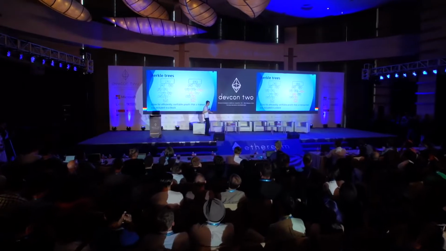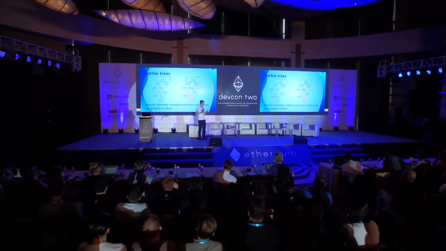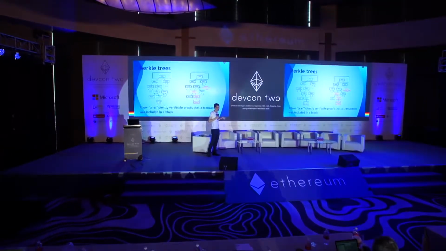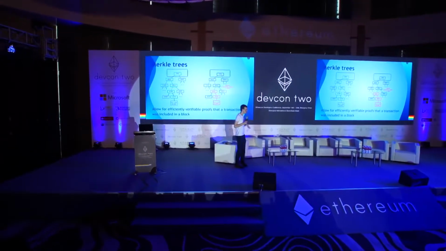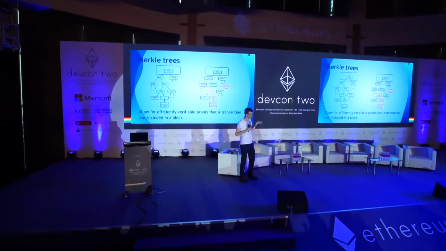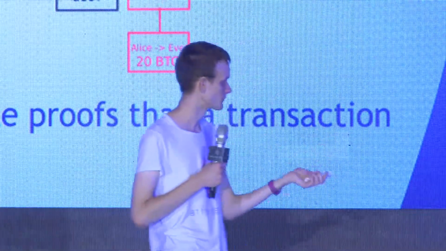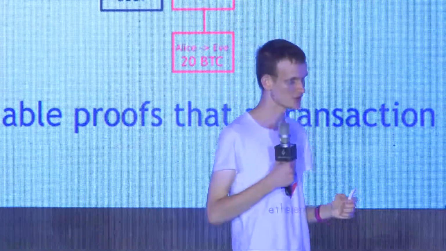So the blockchain itself right now is 3 gigabytes. The state size is somewhere between 5 and 20 gigabytes, depending on which client options you use. So it gets pretty big for a phone. If you have a tiny device that has like 50 megabytes and very low processing power, what do you do? So this wonderful fellow came up with this algorithm, where basically you store this really clever hash tree,